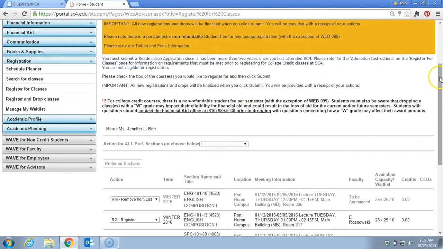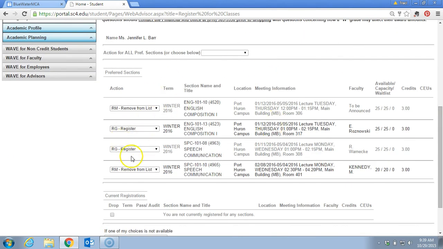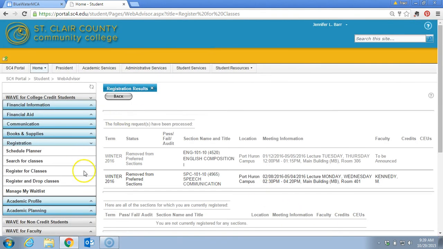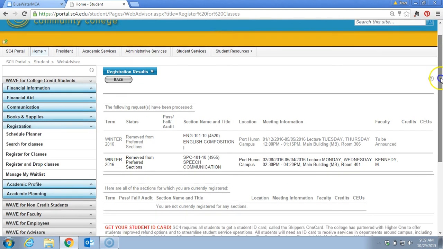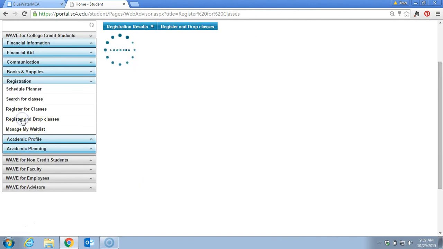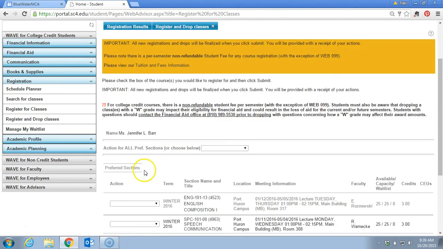But as you can see, it didn't do anything that we said we wanted to do because of that one error. So we're going to leave these on the preferred sections. Those are the sections we want. And we're going to get rid of these other sections just so you can see what happens. So you click submit. Those have been removed. It's been removed from preferred sections. And if you go back to this register and drop screen, this is where you can still see what's there